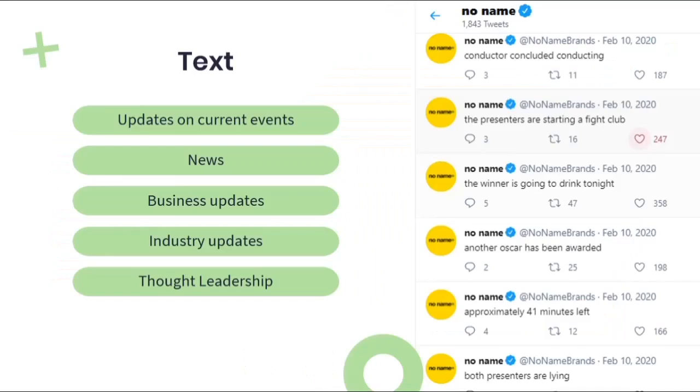So let's start off with text. We would essentially use text for updates on current events, for example, any other sort of news, business updates, industry updates, and thought leadership too, which is something that we have spoken about before. We would use text to share insights on the industry and obviously show that we are an expert in the field. If you look to the right here, I have an example of a brand called No Name Brand, which